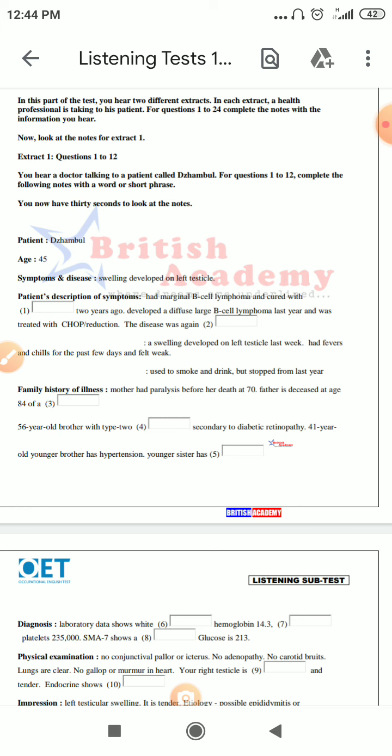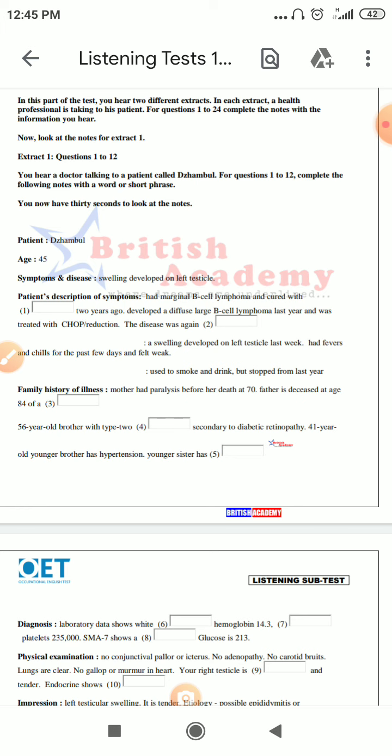Swelling developed on the left testicle last week. I had fevers and chills for the past. We are not going to hear it exactly, but we need to listen to these points, because only then can you hear what they are going to talk about. When they talk about the family history of illness, you need to listen carefully and find out